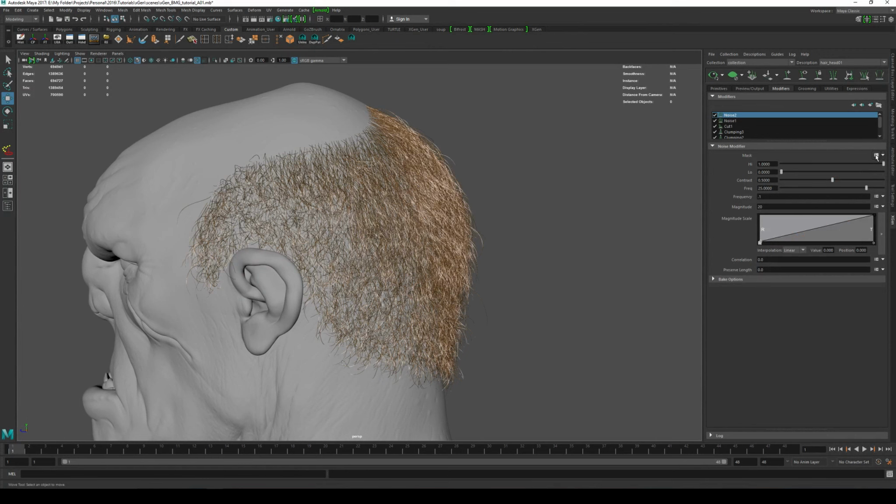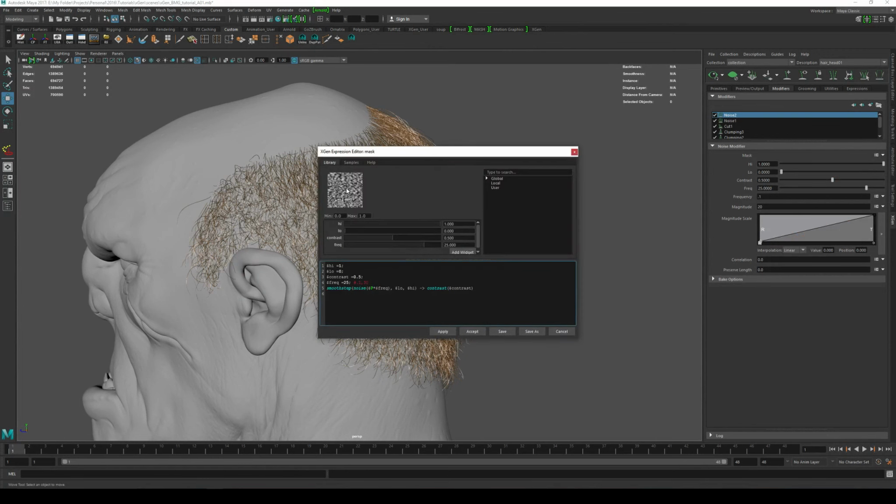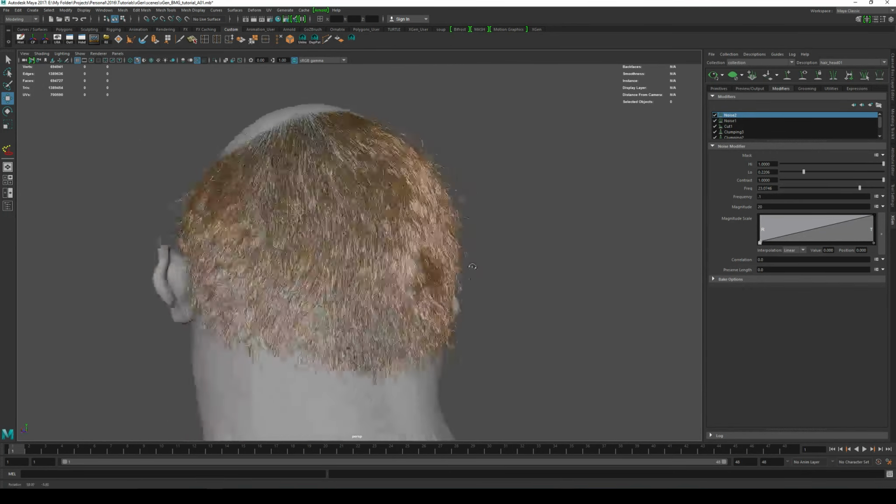If we click on this, you can visualize what the noise is doing. So I know that I want to create a pretty high contrast, and I also want to reduce how many are visible, and also the frequency I want to change a bit. Actually, we'll leave it quite high. And so if you could imagine, everywhere there's a white dot, that's where the stray hairs are going to spring from, and wherever it's black, the stray hairs are not going to be visible. So I'll hit accept, and you'll see that